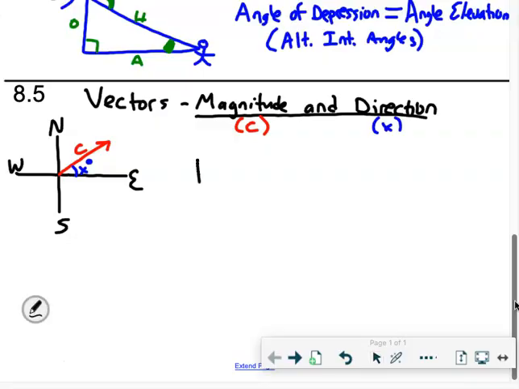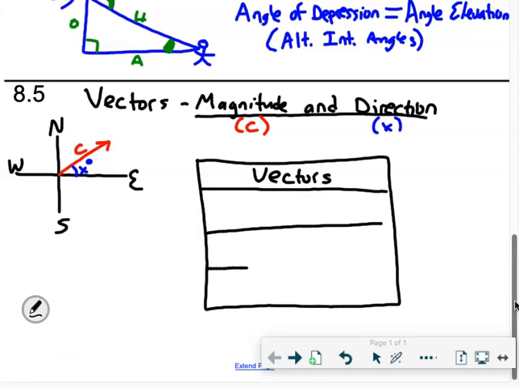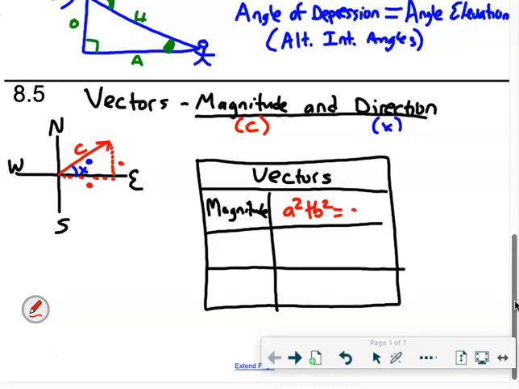Another little table. Okay, vector table. If you're supposed to find the magnitude, what you need to do is think of it as a right triangle. If you need to know the magnitude, then you know this side and this side. What you do is a squared plus b squared equals c squared. If you need to find the direction,